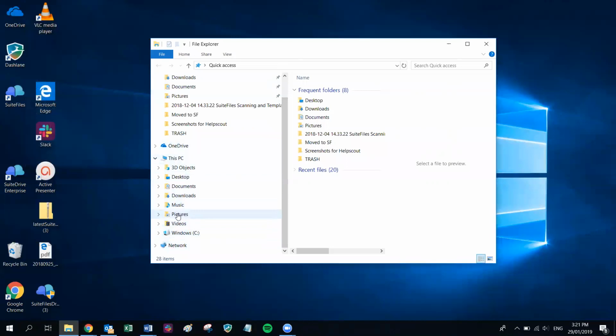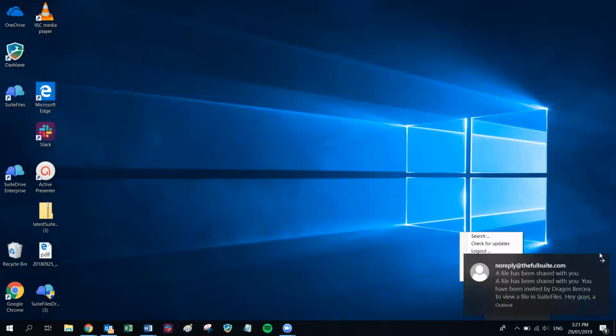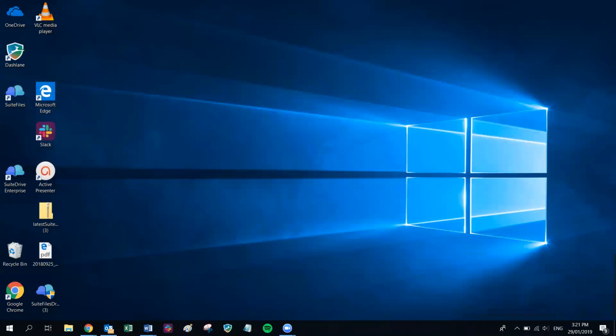It's going to sit on your computer as the S drive. I can't see that, so I'm just going to have to log out or exit the app. So again, back in hidden items, click on exit,